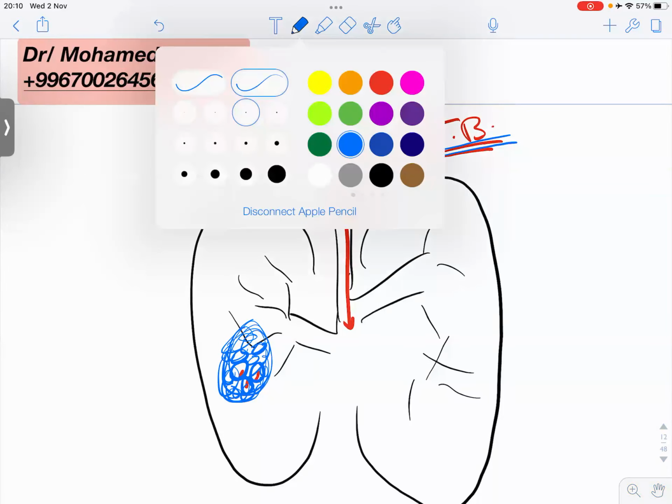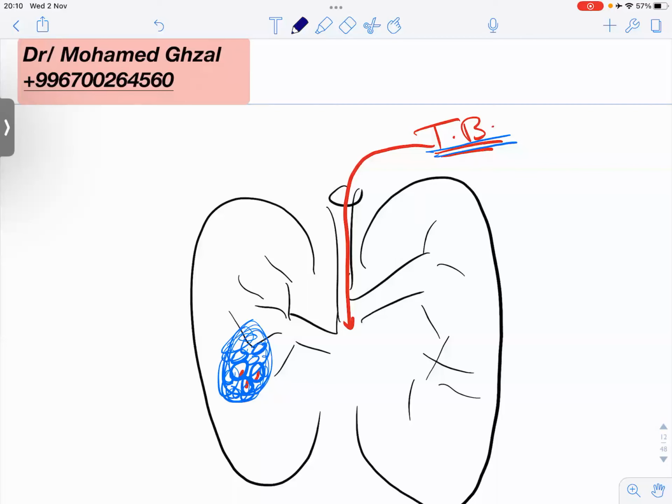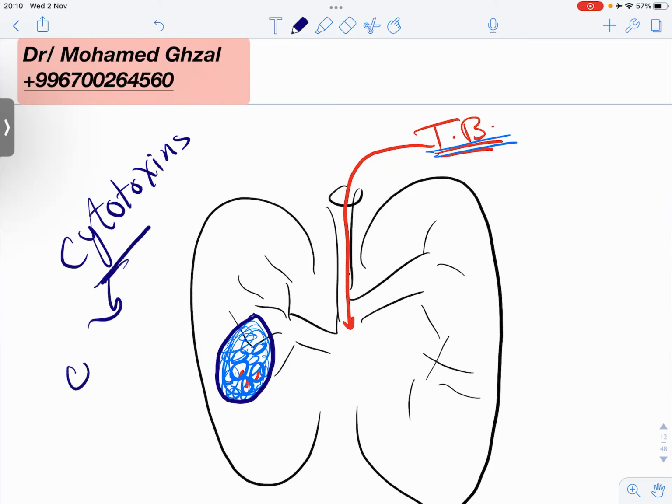And after that will come the strongest immune cell, T lymphocytes. T lymphocytes will surround the whole inflammation and start to produce something called cytotoxin. Cyto means cells, toxin means toxin, trying to kill all this tissue,